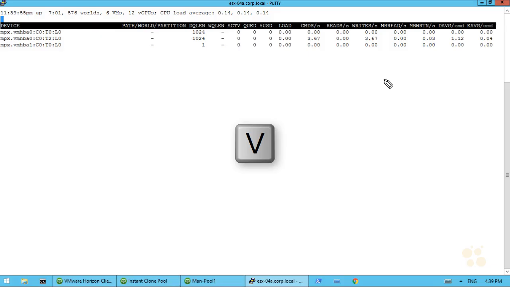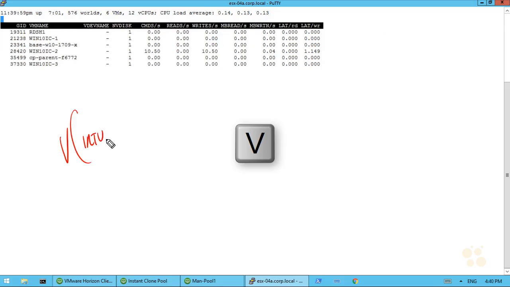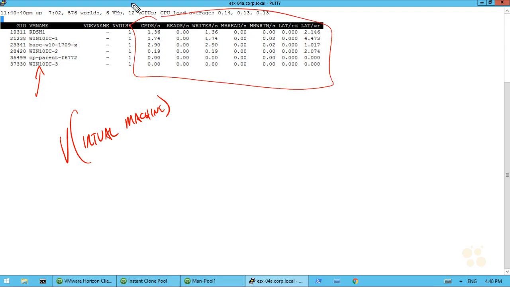Then finally, the letter V. So the V is going to be for virtual machine. And so we see the list of the VMs over here on the left-hand side. And so now we're looking at the statistics broken up by virtual machine. So we can see which of our VMs are involved in more heavy I/O operations. And that's going to help us be able to validate whether or not a particular VM is truly having a